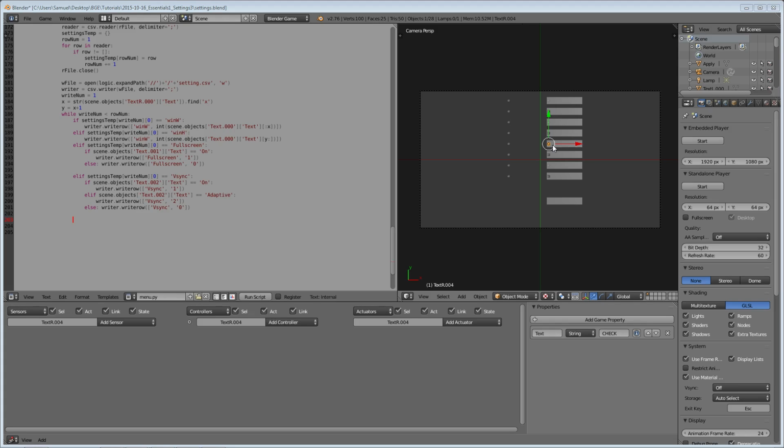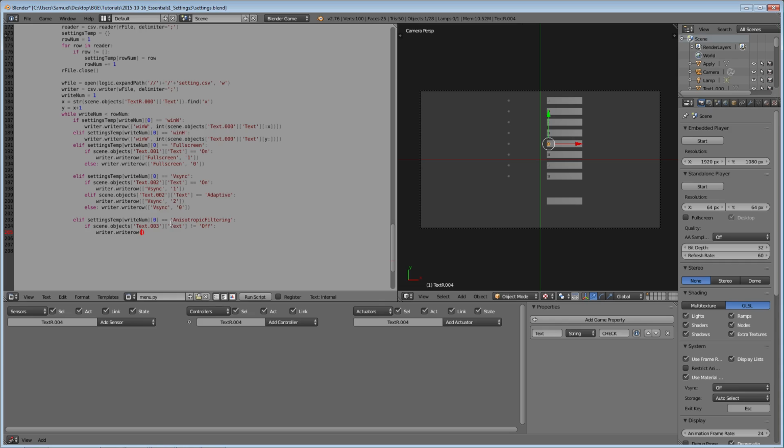So what we're going to do is go elif, and we're going to make sure that our dictionary says we are checking for anisotropic filtering, and if it is, we're going to go if scene.objects text.003 text does not equal off, it's going to be a number, right? It's going to be either 2, 4, 8 or 16, in which case we can just go writer.write row,